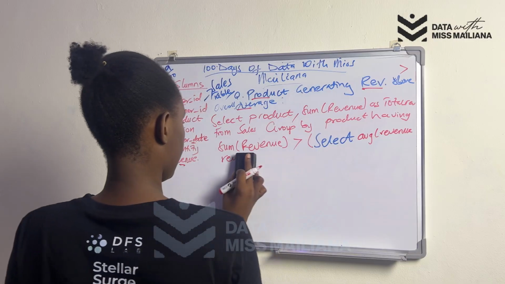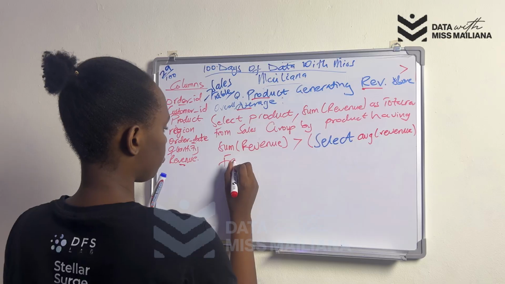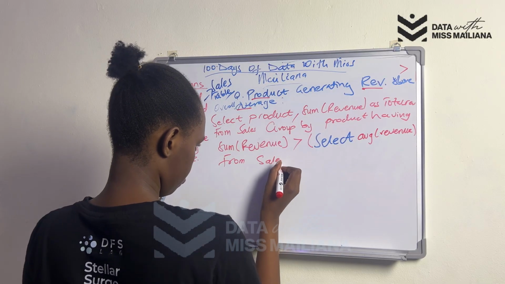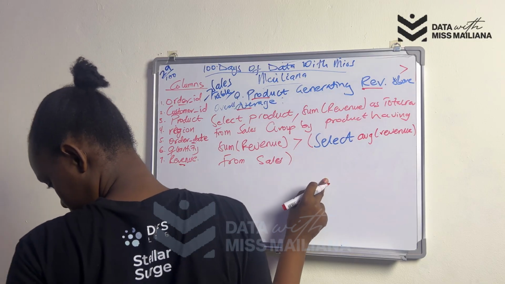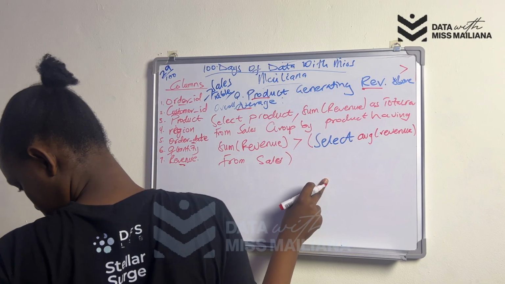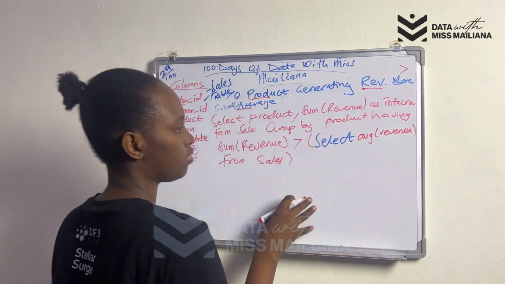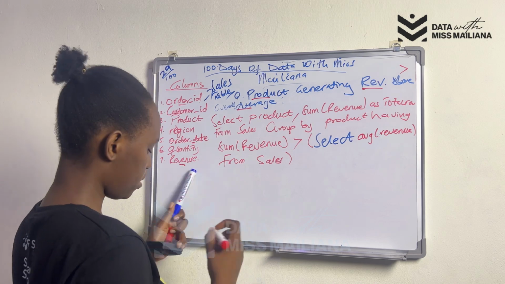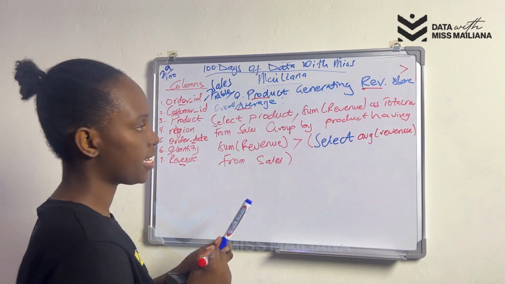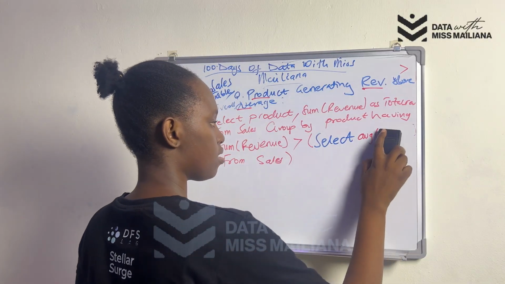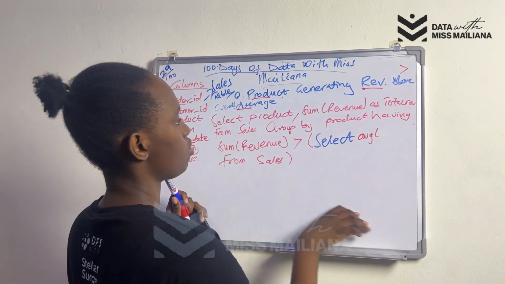All right, revenue, average revenue from the sales table. All right, so that's going to give us that. So we can do this, or we can have a lengthy one, whereby we give a new name for product. So the revenue that is here is going to give you the overall one, which